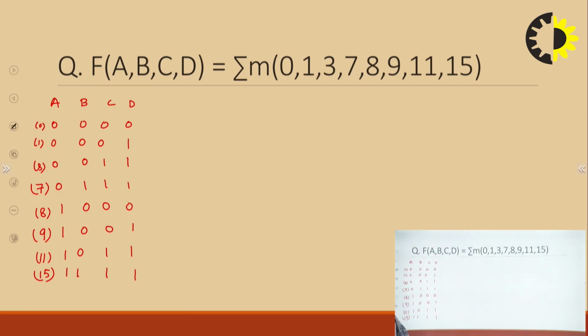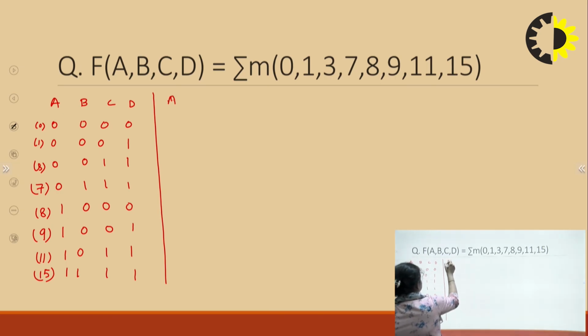Right, so the first step is to arrange in ascending order and write the binary digits against all decimal numbers, right? So this is step 1. Then the next step is we have to make groups. The groups we have to make with respect to the number of 1s. So see, in this first set of bits there is no 1, right? So this will be group 0. So again I am writing here A, B, C, D, and initially you write the group with no 1. So this group is with no 1, so I am writing all zeros.